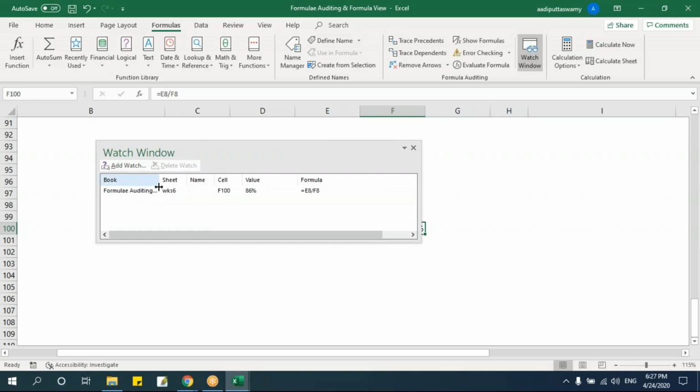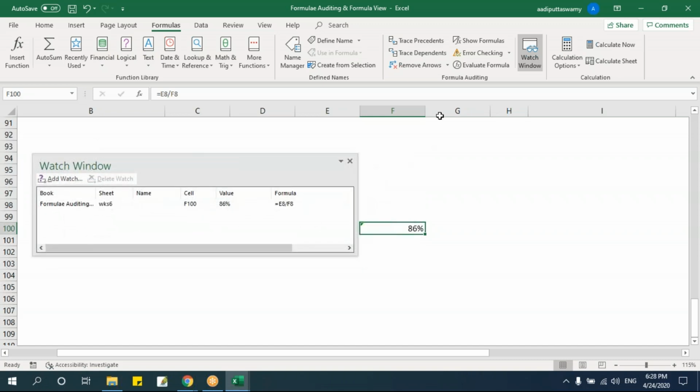It will show Book, nothing but the file name. Sheet, that is which sheet. Name, suppose I've given a name for that cell, it will display here. Cell, that is F100, the cell address. What is the value? That is 86%. If I have a formula, it will show E8 divided by F8, the formula I have given.